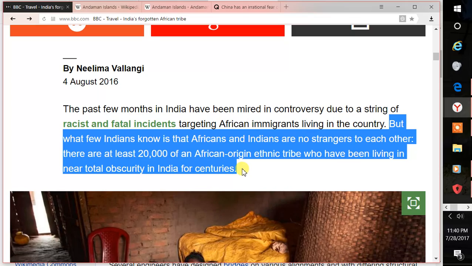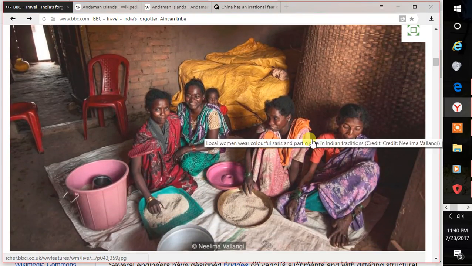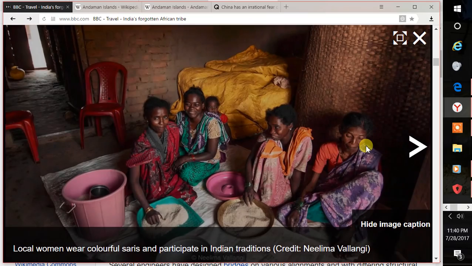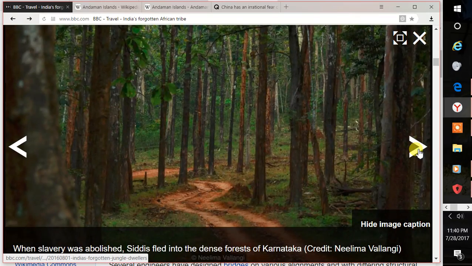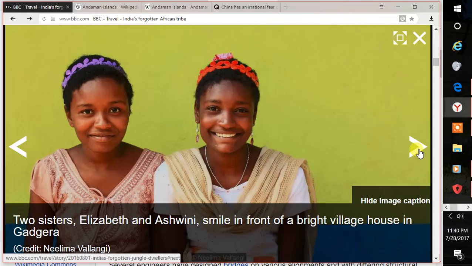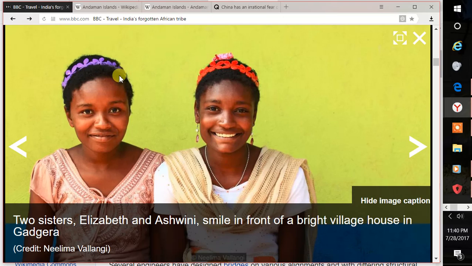Doesn't make any sense. And here are the pictures that they show you. I'm going to slide just to show you some of the pictures. You can still see they still have the nappy hair. They're Indians, from this particular page. Let me show you some more pictures. It's loading. Look at that. Nappy hair. They are not Africans. They are Indians. So like I've explained to you in the story,